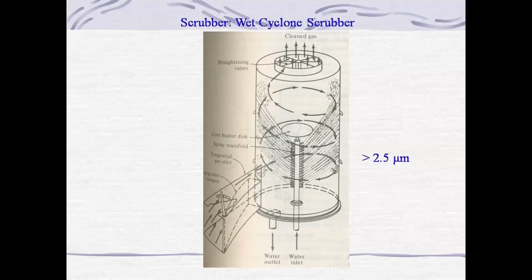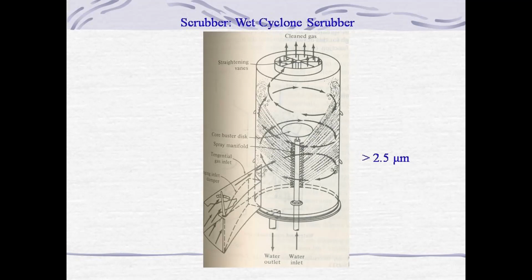This is also applicable for the particulate matter control as well as for the control of gaseous pollutants. So at the center here, a sprinkling nozzle is provided, and this is a rotating disc. Because of that, it keeps on rotating continuously and sprinkling the water towards the wall of this chamber, and the gas is coming into contact with these fine particles of the liquid, and the particulate matter and gas are getting scrubbed down, and the pure gas free from these particulate matter and gaseous pollutants will be allowed to escape